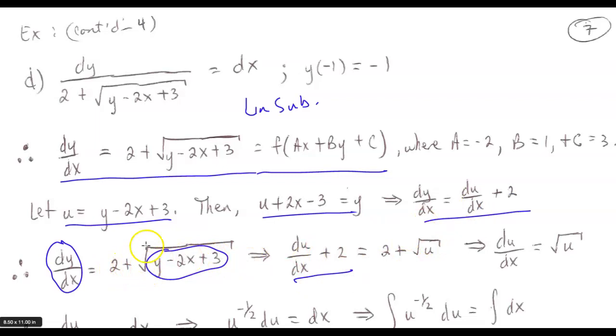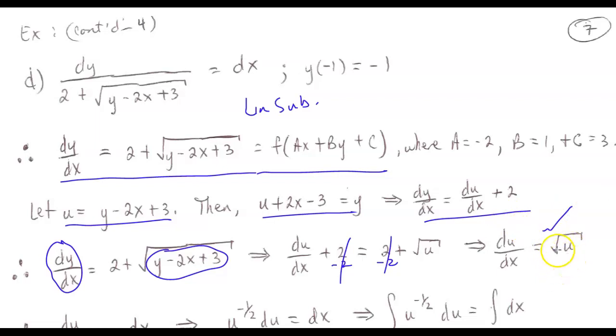Right-hand side is 2 plus the square root of the linear expression, so 2 plus square root of u. And from this point, we should be able to recognize that, yes, this is going to be a separable type of equation. And if we look closer here, if we subtract 2 from both sides, then of course those 2's would cancel to 0, and all we would have left is du over dx is equal to